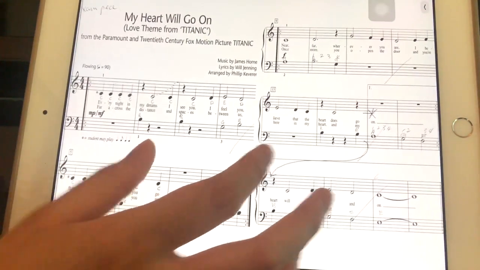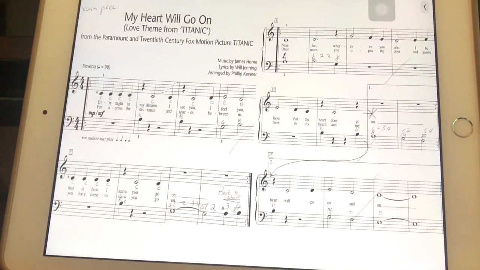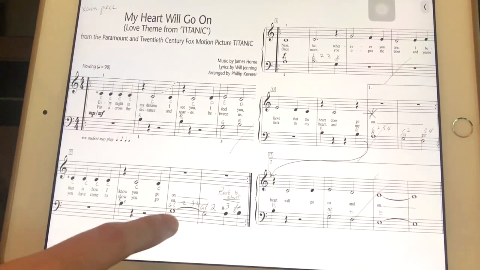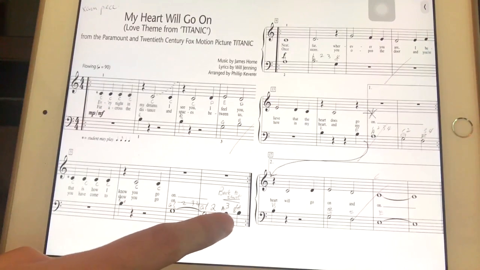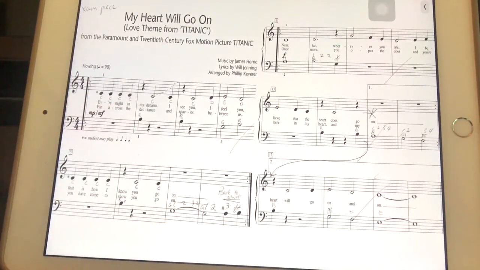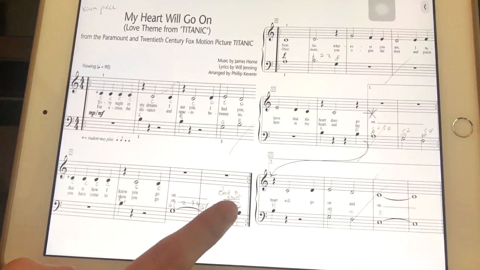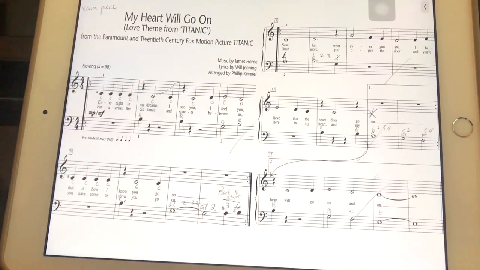So right from the start: C, C, C, C, B, C, 2, C, B, C, 2, D, E, G, B, B, C, C, C, C, B, C, 2, C, G, 2, 3, 4, 5, 6, loud, loud, C, C, C, C, B, C, 2, C, B, C, 2, D, E, G, D, B, C, C, C, C, B, C, 2, C, G, 3, 4, 1, 2, loud, loud, go up there, 1, 2, 3, 4,